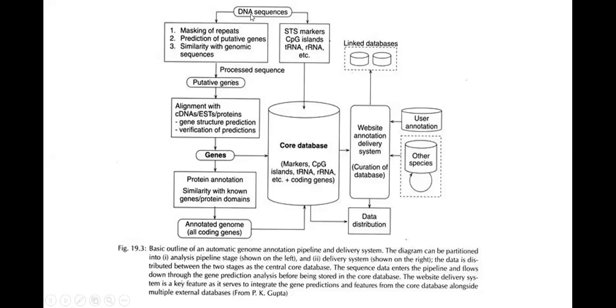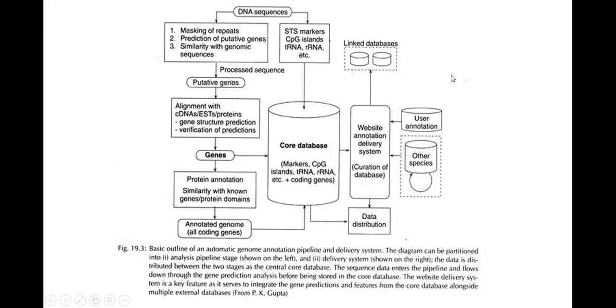Whatever is coming from your experimental data, you want to put it into the core database. You create the data into specific requirements: DNA sequences, genes, annotated genomes, whatever protein predictions you do. And then you give this information to the database. Again, in parallel, there is a kind of delivery system, where the data analyzed by the core database can come into a form of output that can be distributed to you or to the public. But you don't know the data reliability or the data authenticity. So to make a cross check, this database system has a whole system.